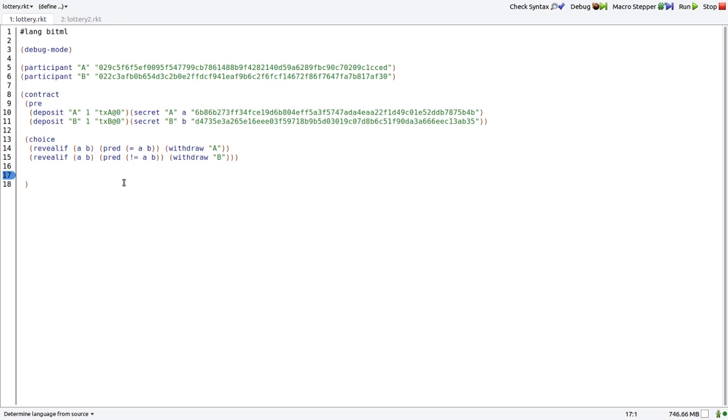Hi, this is a short demonstration of our toolchain to develop smart contracts on Bitcoin. The toolchain is based on BitML, a domain-specific language for contracts which compiles to standard Bitcoin transactions. We use BitML to develop a lottery, where two players bet 1 Bitcoin each, and the winner, chosen uniformly at